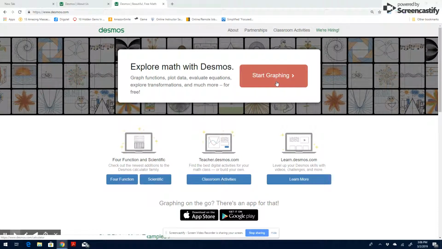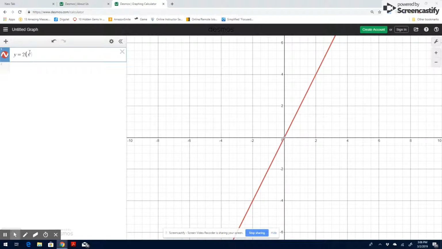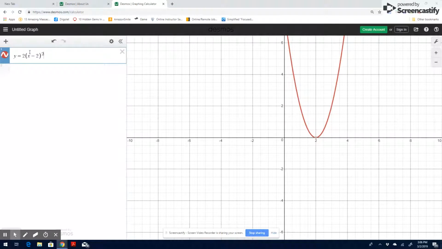So the first thing to do is click on the red button saying Start Graphing. That's going to take us to a blank page. We have over here on the left an equation window, and over here on the right a graphing, kind of unlimited graphing paper. So the first thing we can do is type in some kind of equation and it will graph it for us. For example, I can type in some kind of quadratic equation, which I've been doing with my students recently in my Algebra 2 class,